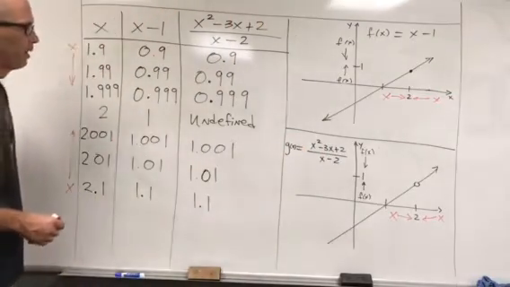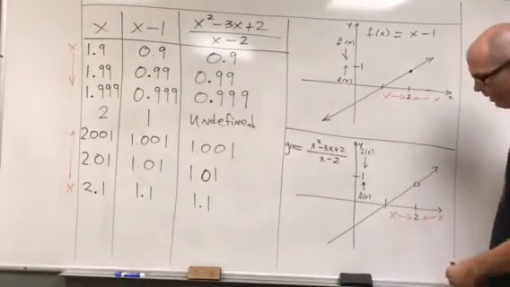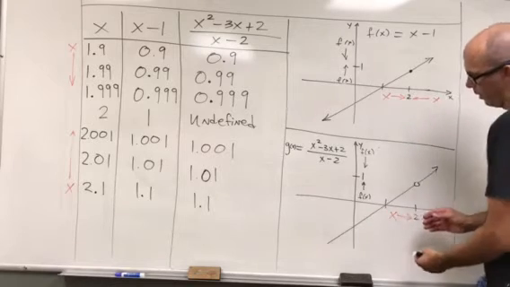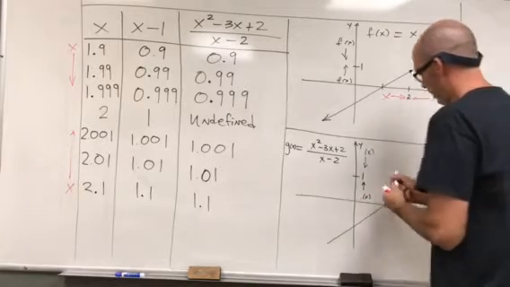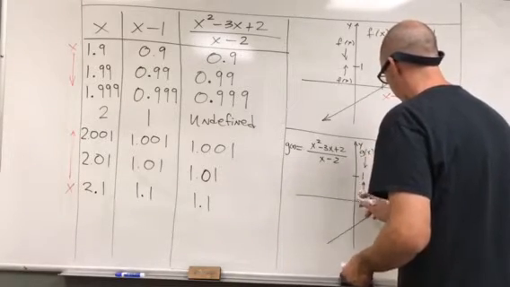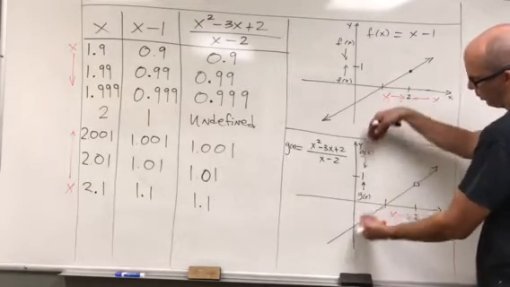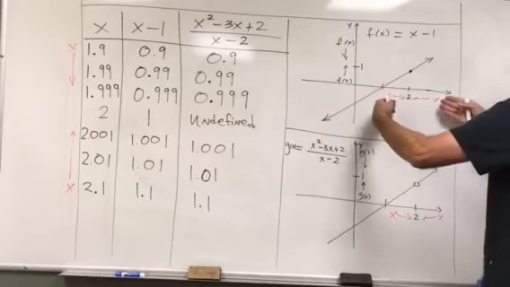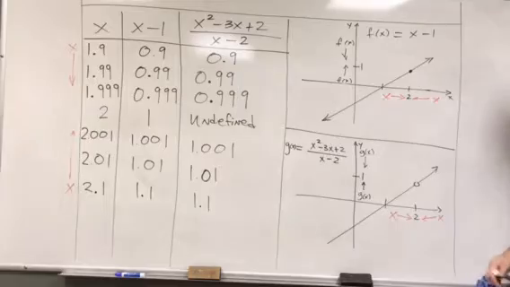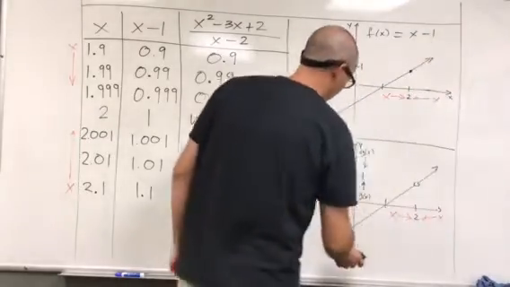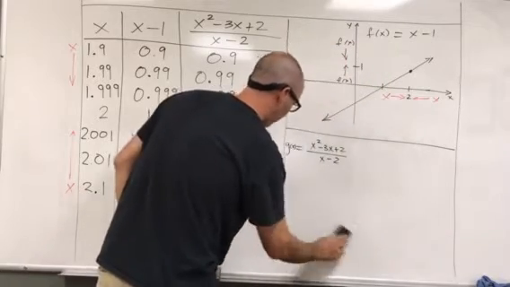Okay? So in each case, the limit is the same. The limit as x approaches 2, g of x there, as x approaches 2, g of x approaches 1. As x approaches 2, f of x approaches 1. So in both cases, we would say that the limit